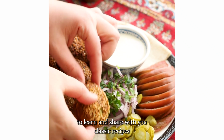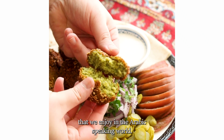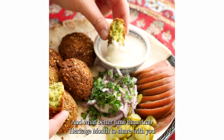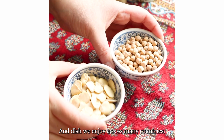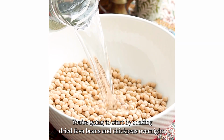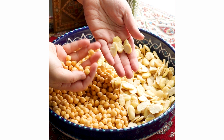My passion is to learn and share with you classic recipes that we enjoy in the Arabic-speaking world. And what better time than Arab Heritage Month to share with you my family's falafel recipe, and a dish we enjoy across many countries. You're going to start by soaking dried fava beans and chickpeas overnight, or at least for